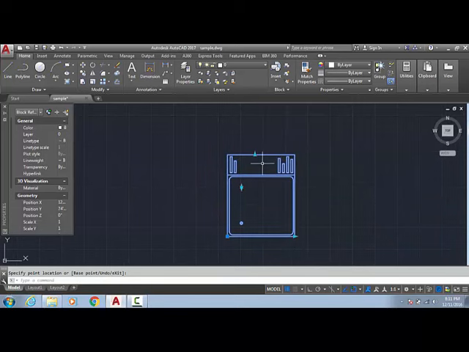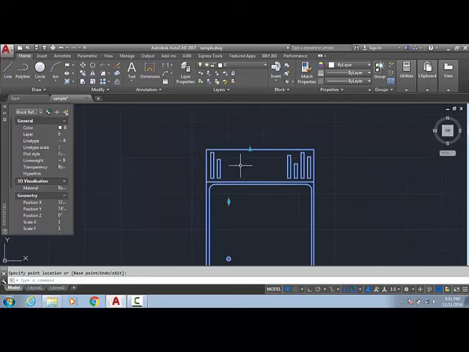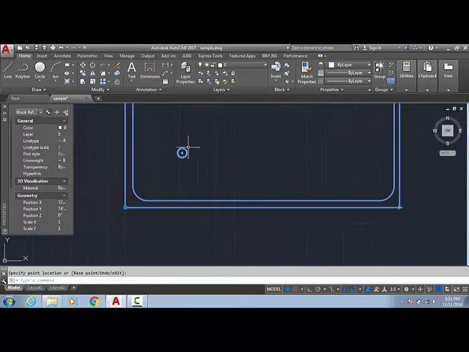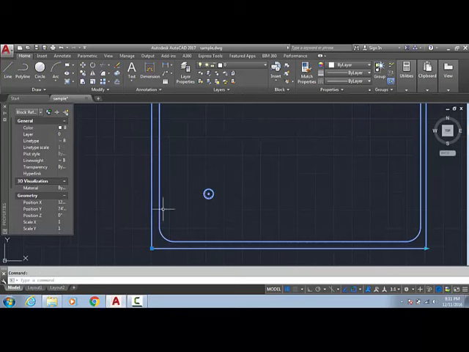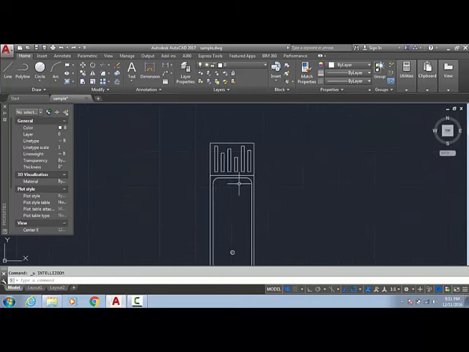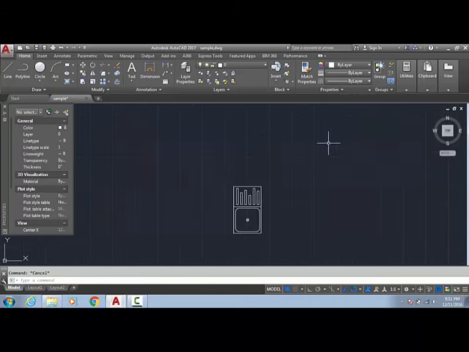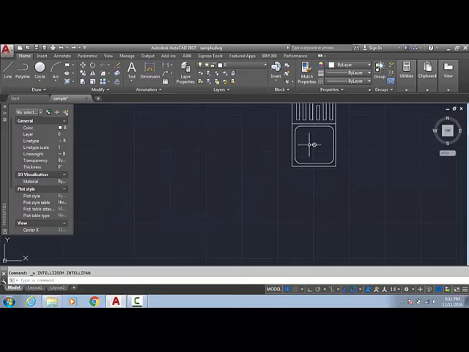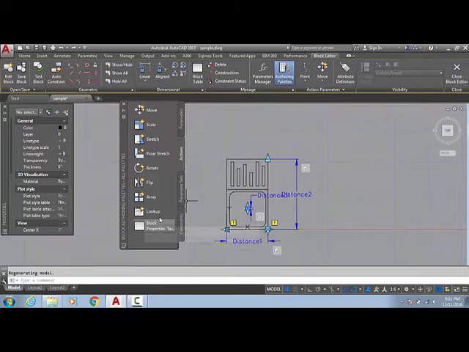It is also working good, but the thing is that there should be one array command also, so it can fill this. Now there should also be one movement command, so it can be put into the center of this. So you will have to figure out whatever you have to add. I am not going to do all this, I am just going to show you what the lookup tables do. I am going to select the lookup table and put it here. Now go to action and lookup, select the lookup.